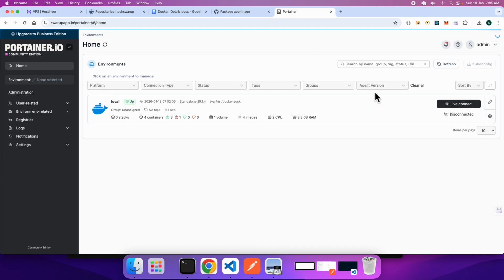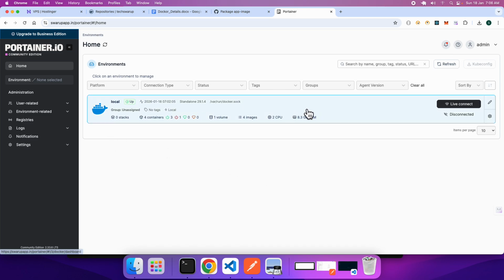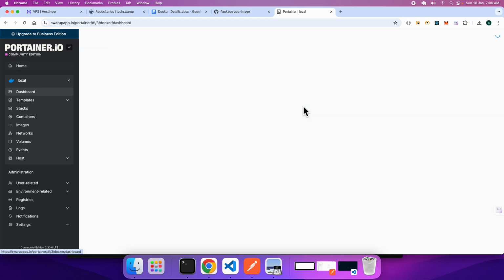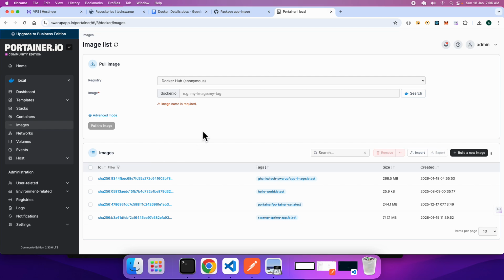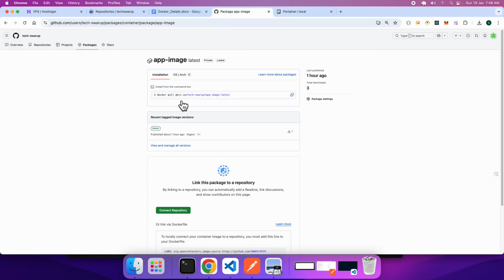So now I have connected into the GUI of my Docker container, and it is already connected. Let me click on this, and it will show me the container which I have created. Currently you can see the images. As you can see over here, these are the images. I have one image in context to Spring Boot. I have an image for Python for testing an application. This is the image that I have uploaded, which you can see from GitHub package. Look over here, it is showing the same name,